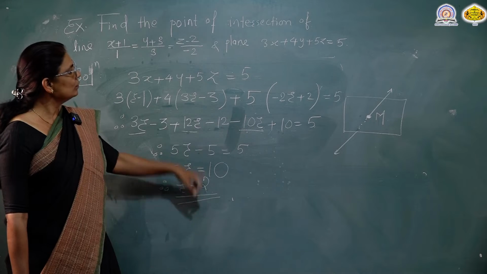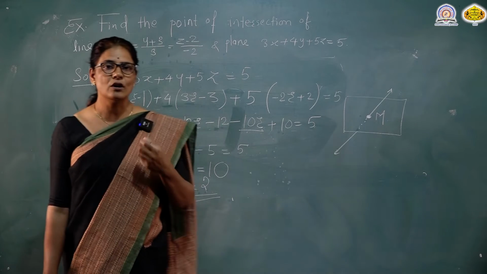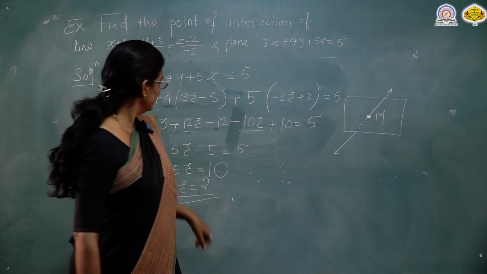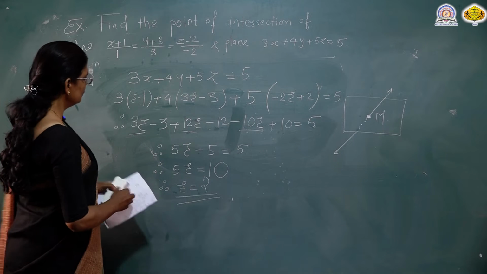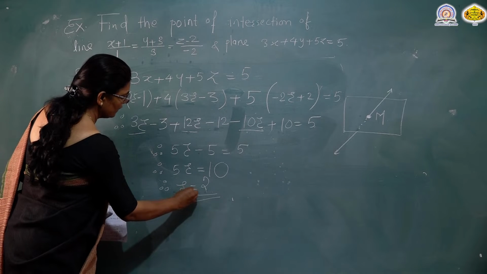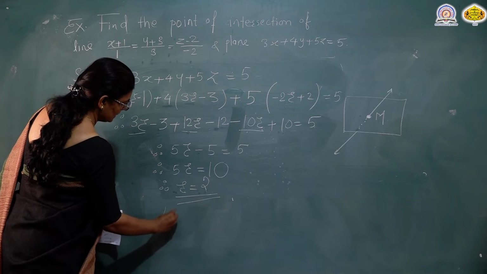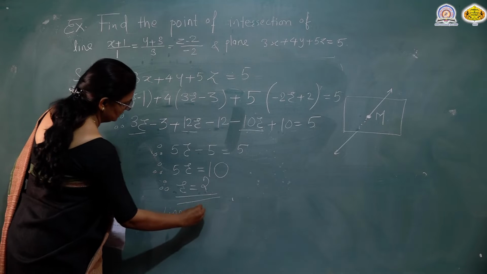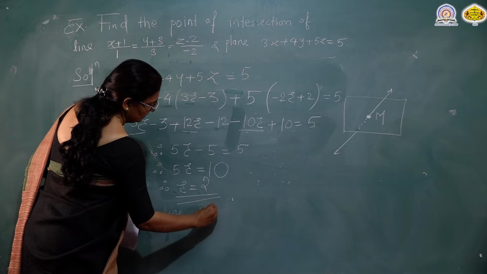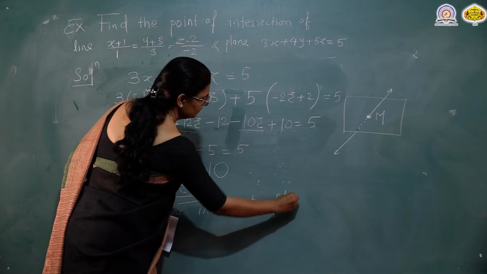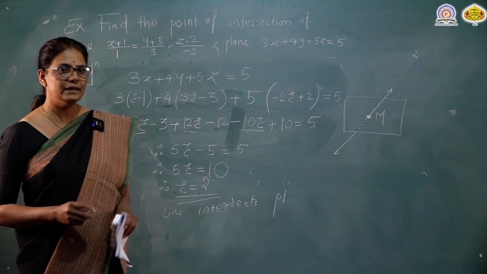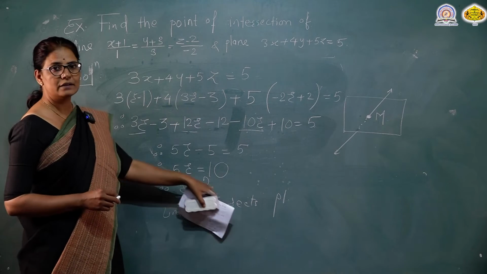Now put this value in the general coordinates of M. So since we get the unique value of r, we say that the line intersects the given plane, and to find the point of intersection we should put r equals 2